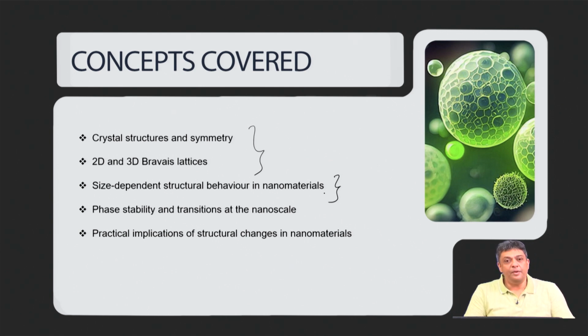For example, just before we end this lecture, I will give you a few examples. We will talk about gold, but then we will also talk about a very interesting and well studied material like barium titanate, which is an ABO3 type structure, that is a perovskite structure. And while maintaining the molecular unit, it means what? ABO3, here it is barium titanate, BaTiO3.